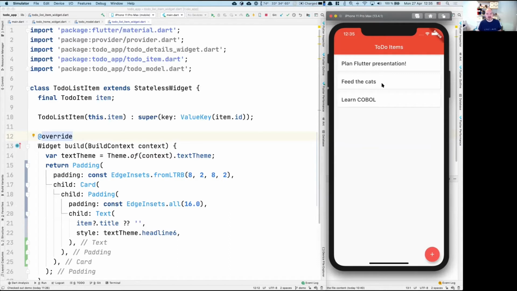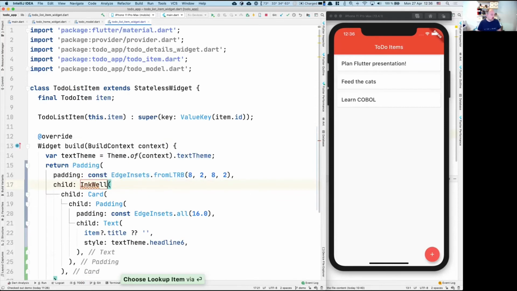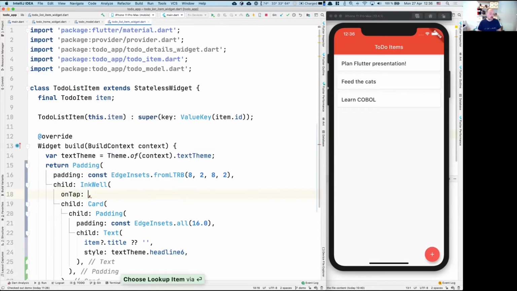And not only do I want something to happen when I click them, I also want to have this splash effect that's common in material design. And I'll add what's called an inkwell. That will provide that effect for me. And I say that when we tap this one, call this function. I leave it empty for now, or I just do it on